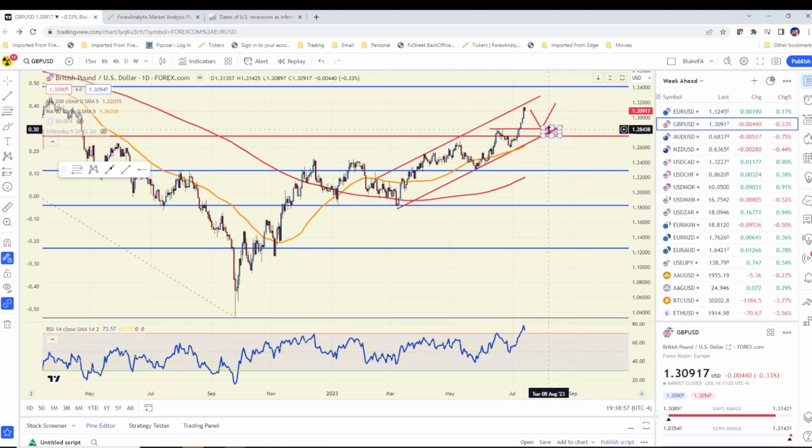So if we break back below 128, 128.50, that could be really quite dovish, because there are pretty lofty expectations as far as the Bank of England, as far as rates go, and so a miss in UK CPI, below expectations, could have a very negative effect on the sterling, especially up at these lofty levels that we're at. We also have on Wednesday, we have U.S. housing starts.